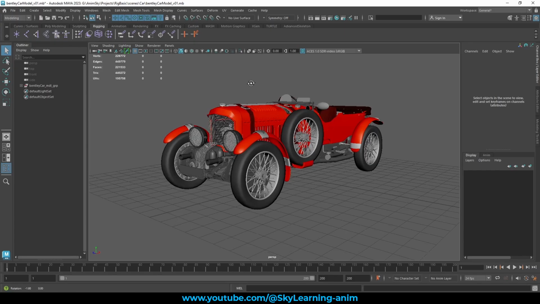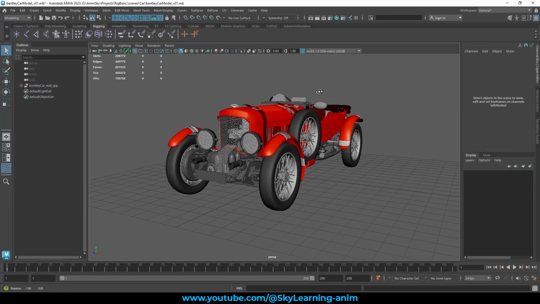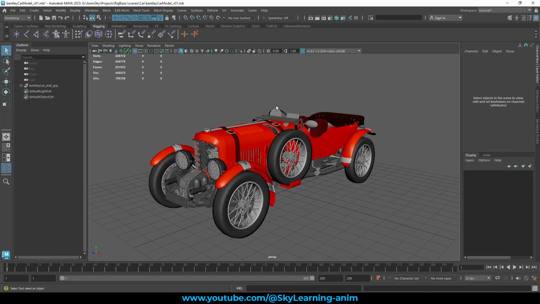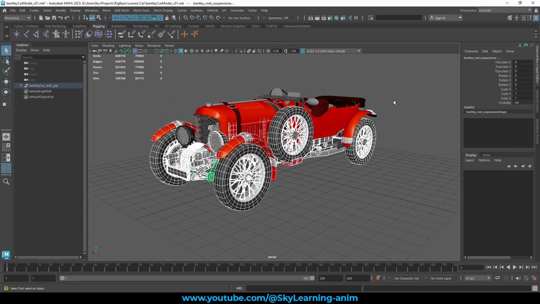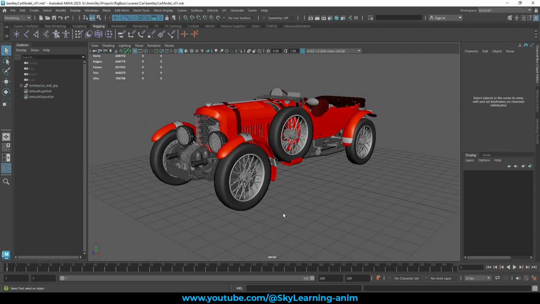About this car, this is not my car. I have downloaded it from the internet, and you can also download it from the internet. There are lots of free 3D cars available. So yes, please have your own 3D car ready. Either you download it from the internet, that works fine, or if you already have a modeled car, you pull that up in a new Maya and start copying step by step, which I'm doing. So this is a Bentley vintage car, and I googled it. This is a 1928 8-liter car, obviously older than me. So yes,